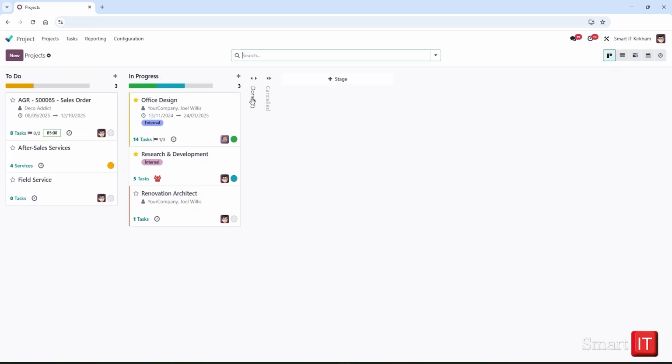Kanban View by Project Statuses. We see the default Kanban view of projects set up in our database. We can return to this default view from anywhere in the Projects module by selecting either of the Projects menus in the top left. On each tile, we see project information, including the project name, the contact associated with the